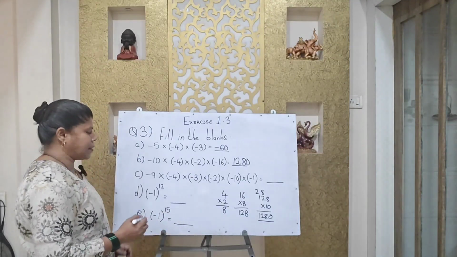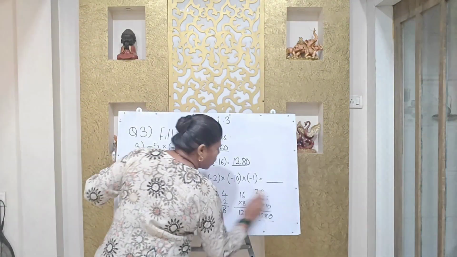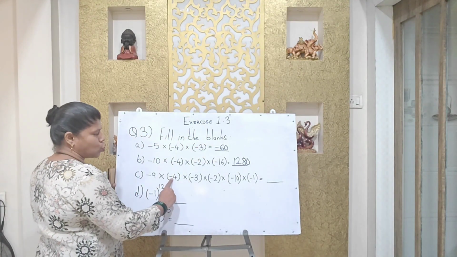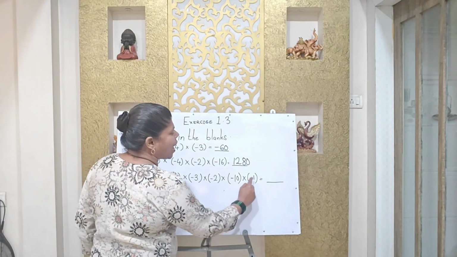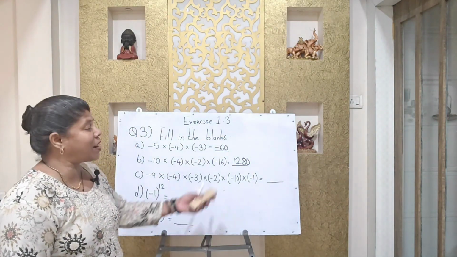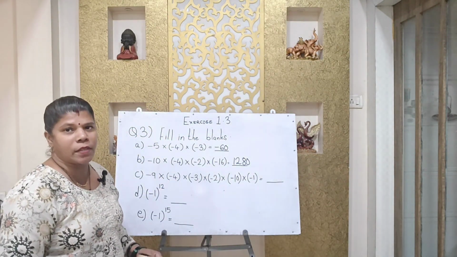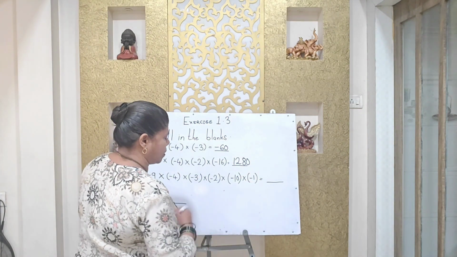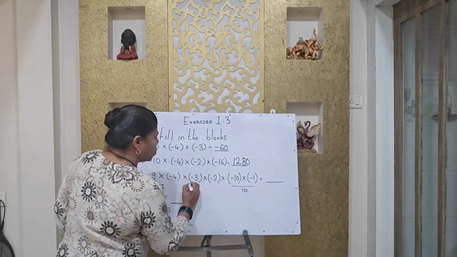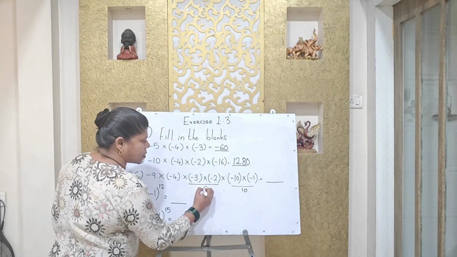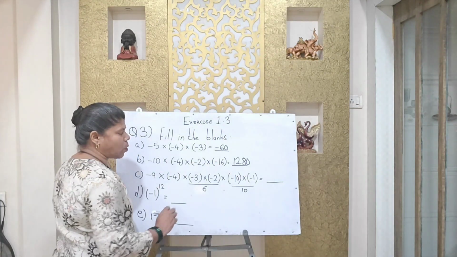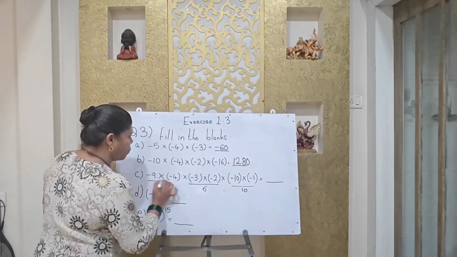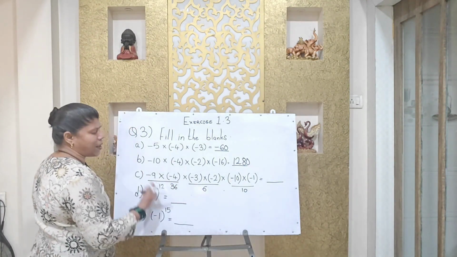Next sum. First, what is the theory to count the sign? First count and find out whether they are even or odd. So now see 1, 2, 3, 4, 5, 6. 6 is an even number, so the answer will be positive and there is no need to write the sign. Okay, come on, calculate minus 1 and minus 10, 10. Minus 2, minus 3, 6. Minus, minus, plus. Same sign, always positive. Okay, and here 9 fours are 36. Minus, minus, plus, that is positive.